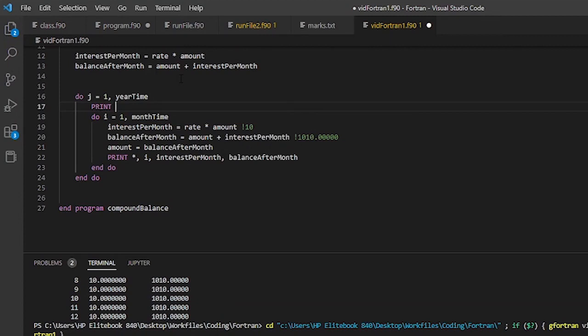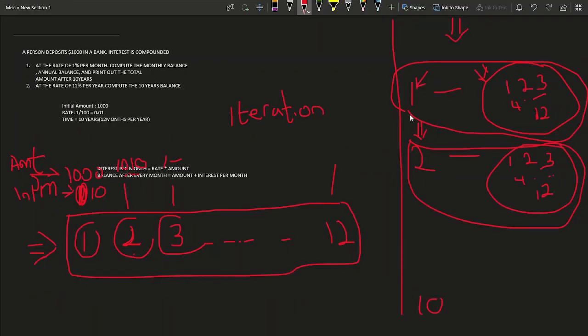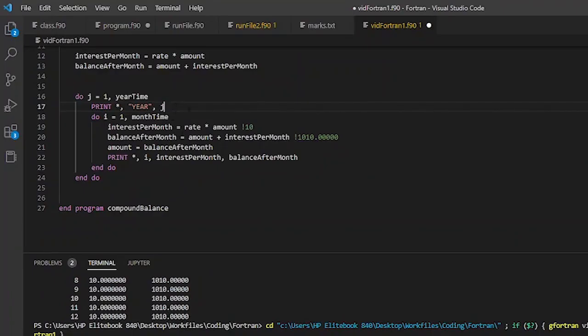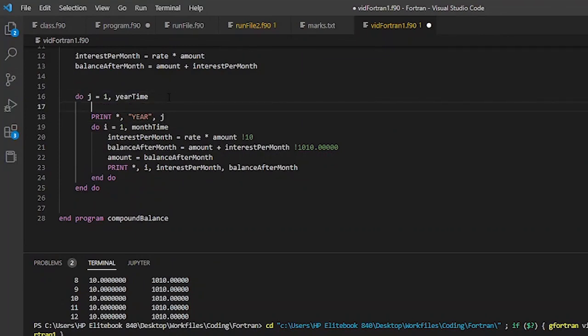Let me print. So we're going to print a year and show that this is year J, because J is 1, J is 1, J is 1, J is 2, J is 3. As it is iterating, it is looping over the number of years till it gets to 10. Year 1, year 2. And let me create a bar